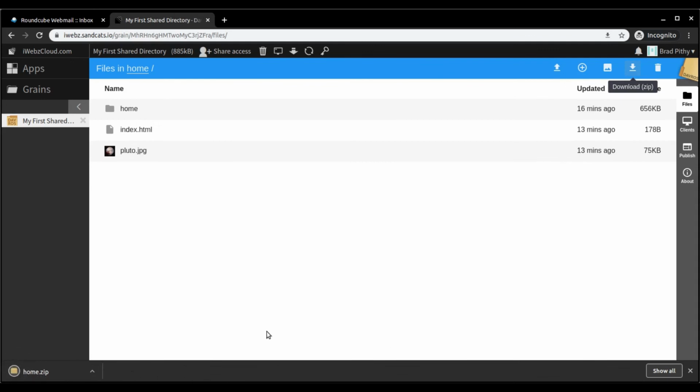There, it's backed up. The other thing you could do is if you want to back up the whole grain, let's say you need to stop using the iWebz service and then move this grain over to your own self-hosted Sandstorm server. Click on download backup